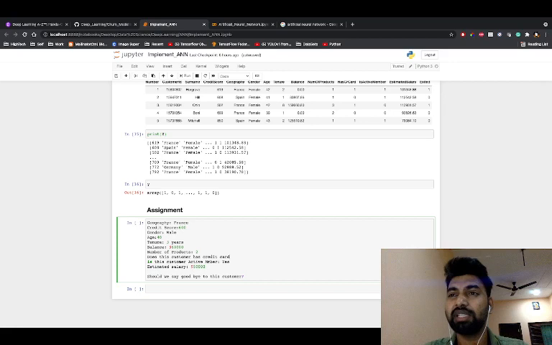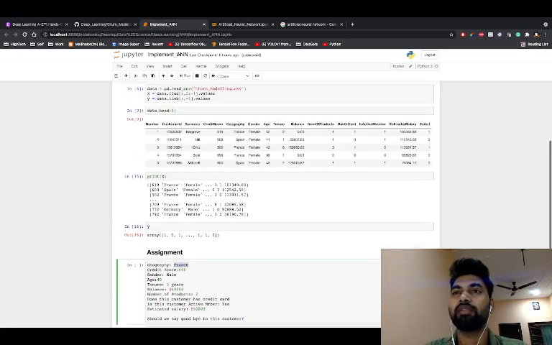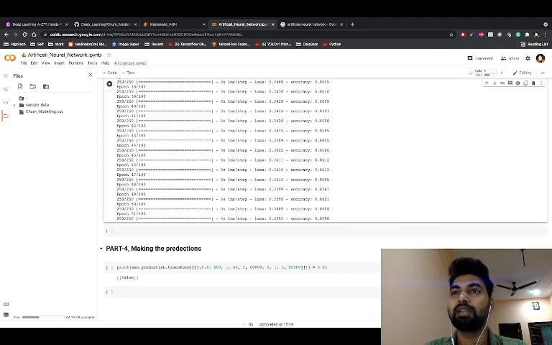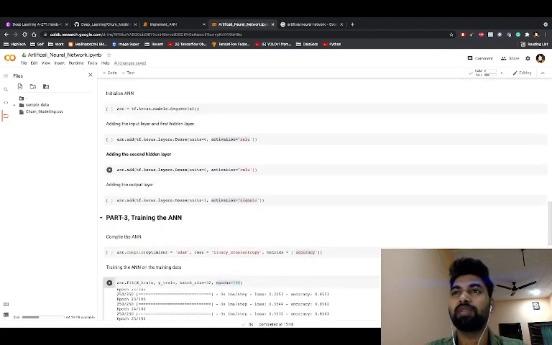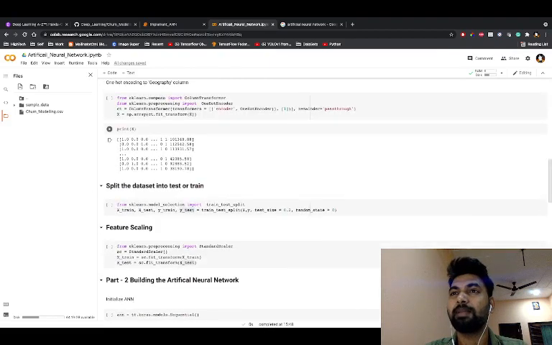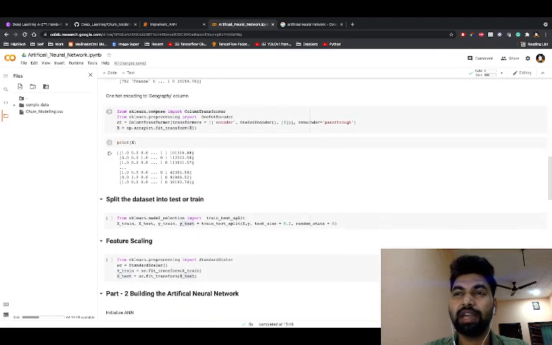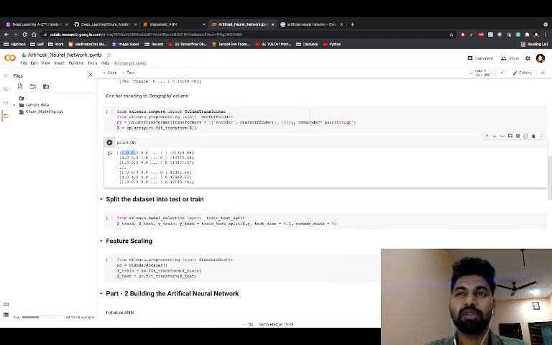So here you will see the geographic location is categorical, right? But we need to convert it. For France, if you go here where we converted, you will see the value for France is 1.0, 0.0, 0.0, right?